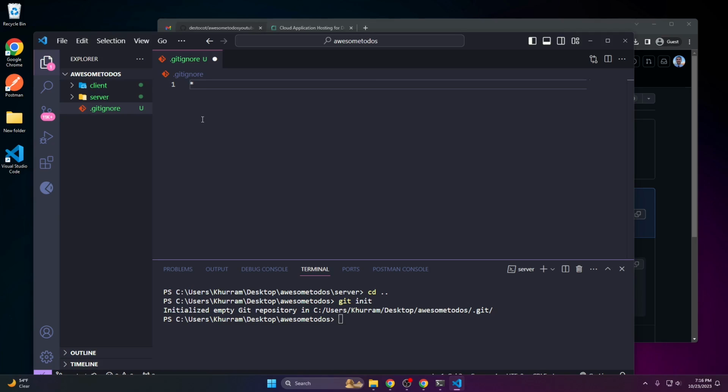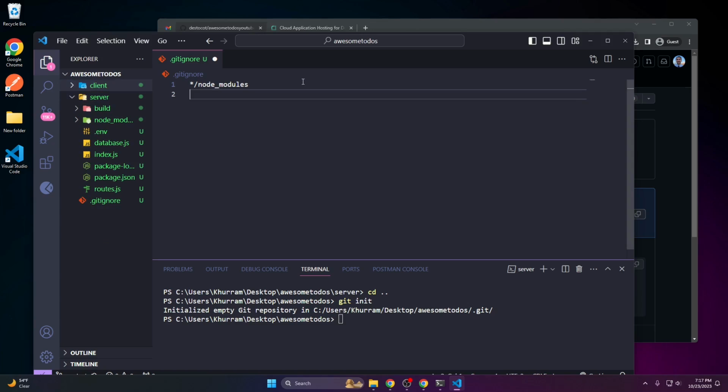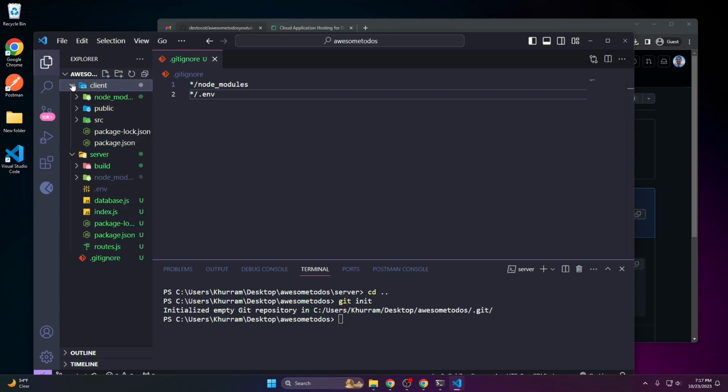The star, so every folder that has node_modules in it. Remember we had these node_modules folders, which I didn't talk about, but this is where all of the dependencies that we installed are. We don't need to upload those because they're going to be reinstalled anyway, and they're really big files. And also .env, so wherever you have .env, that too. If you notice, once you save this file, they'll gray out, which means gitignore is now aware